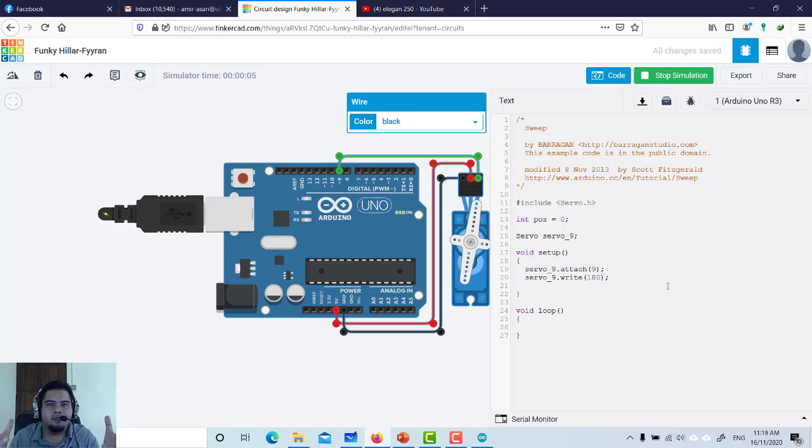Or if you create some robot, in general a servo motor will be used as the hands of the robot, because you can change the position of the hand by attaching the servo motor to some robot hands. Okay, so that is one example of using the servo motor. And instead of a servo motor, you also have a DC motor, but you don't have that example in Arduino. Okay, you also have a normal DC motor in this Tinkercad to be used.